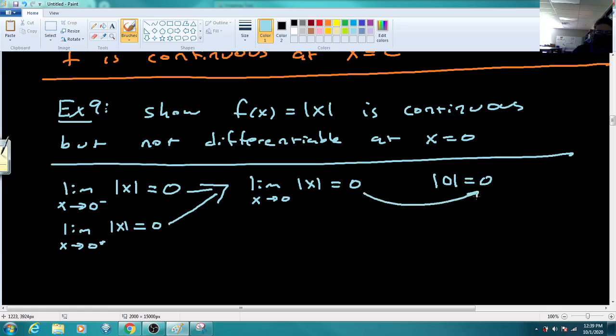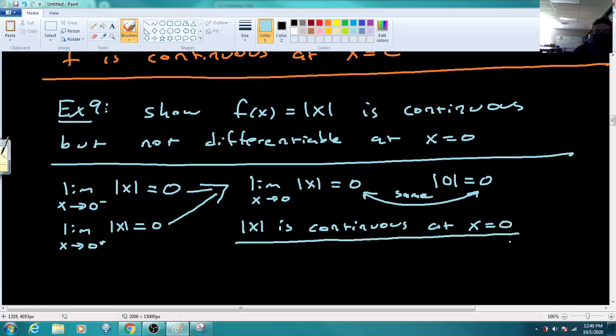So these two are the same. So we get absolute value of x is continuous at x equals 0. So we have continuity. We want to show it's not differentiable. So to show it's not differentiable,